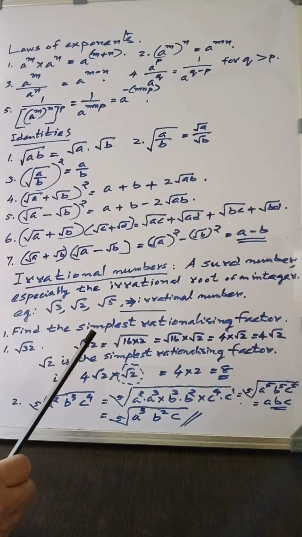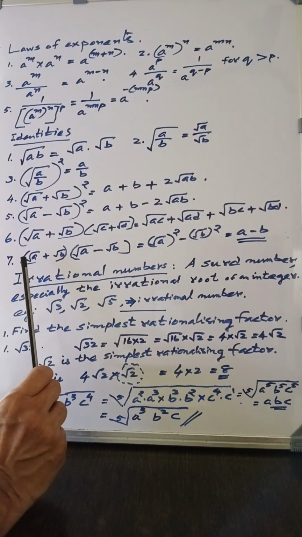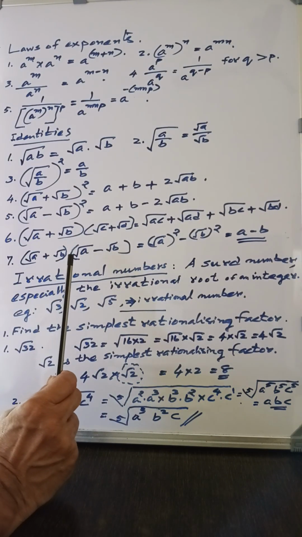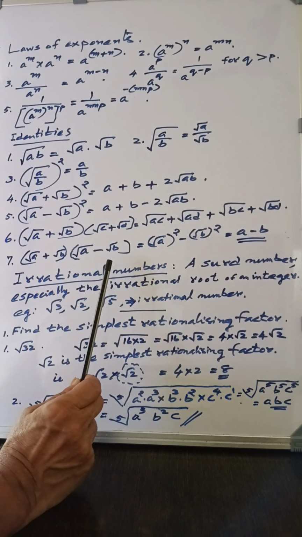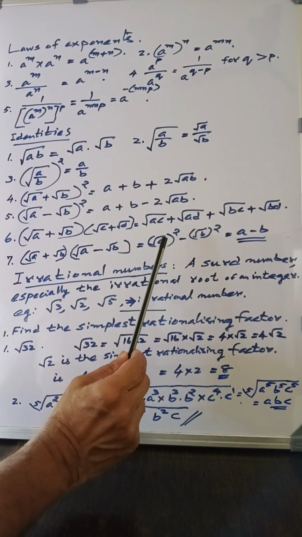What is the expansion? A squared minus B squared. Is it not? Therefore, root A plus root B into root A minus root B gives root A the whole squared